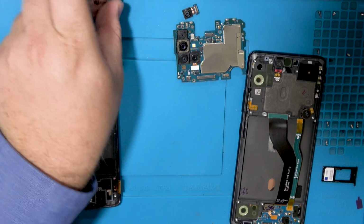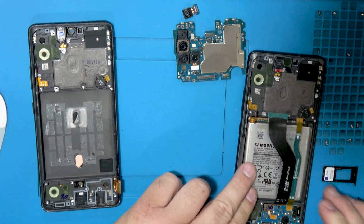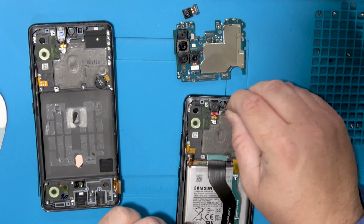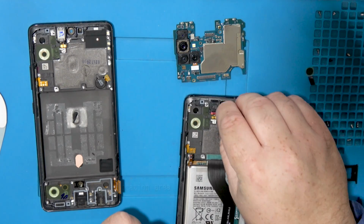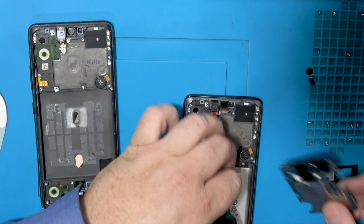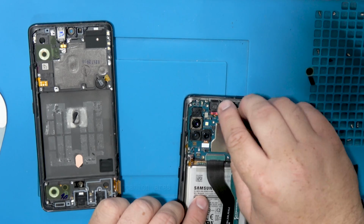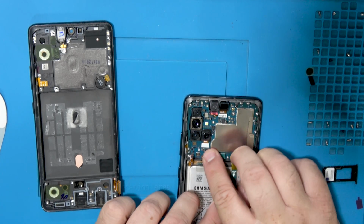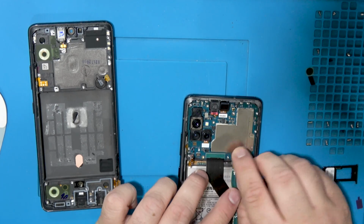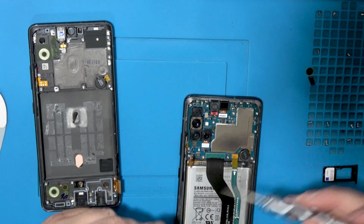All right, just clipping in everything. And let's go ahead and put the battery on. You don't have to worry about super gluing this battery down. The phone is already screwed down quite tightly. All right, and we're gonna go ahead and remove the front camera plastic there. Stick that in. Let's go ahead and put the board in. Put that down. Plug this in. Go ahead and plug this connector and this connector. Now you see that board is pretty loose. Let's go ahead and screw in that screw where it belongs,